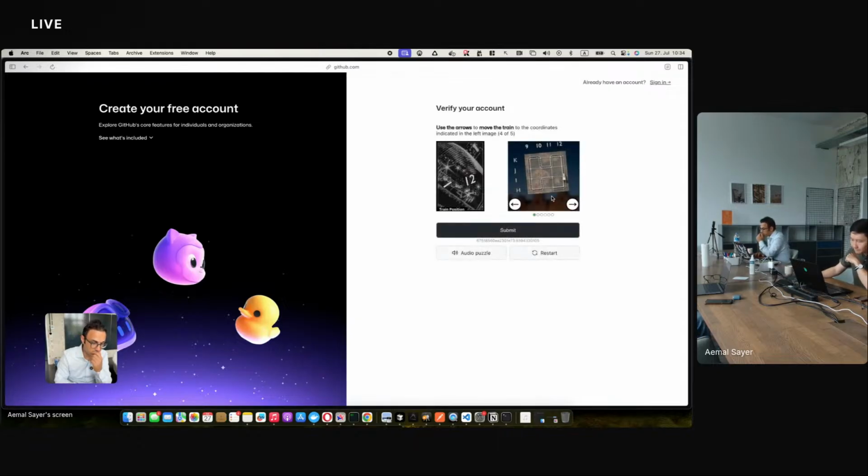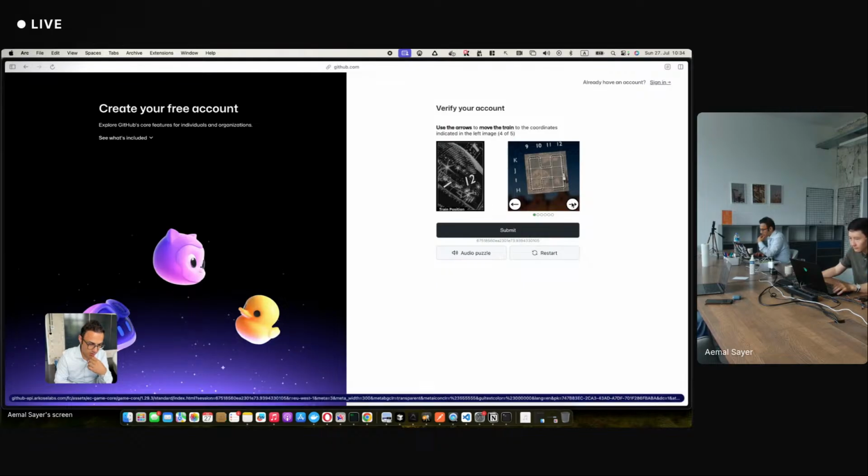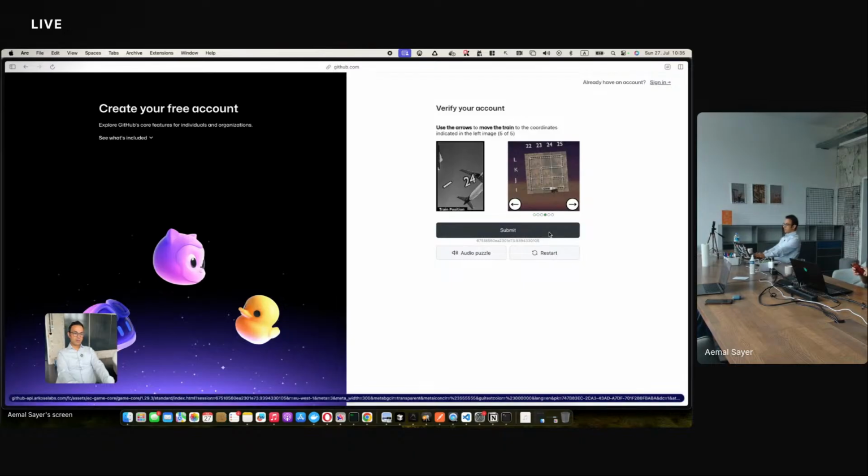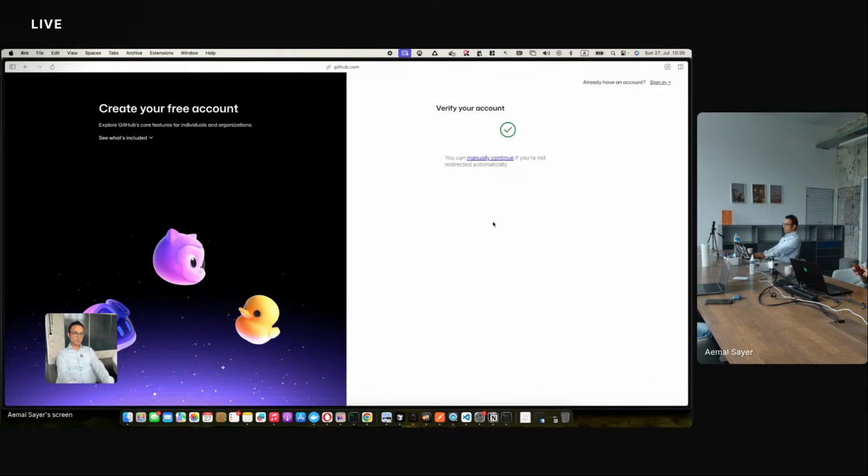And they're training models with this. They know that I'm a human, but they're training AI models with this for free. I12. This is I12. Okay. I24. Go on. Wonderful. So now in here,